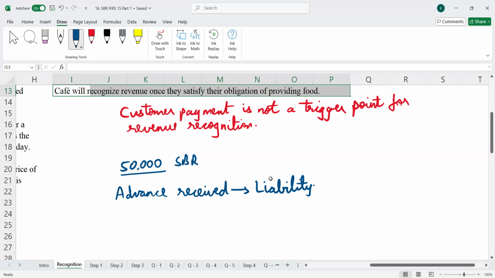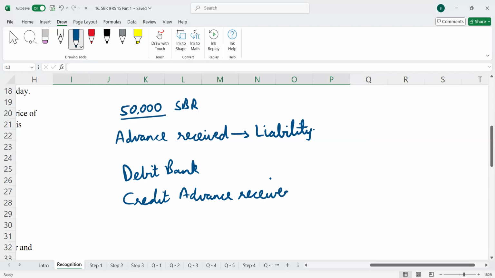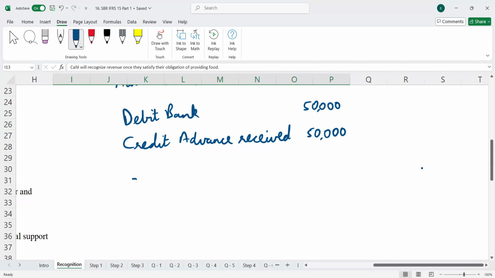When I am receiving any payment, the entry I will record is debit bank, credit advance received. This is the journal entry that I will record. Now, why advance? Because, see, you have received money. You are yet to provide services in relation to this. Now, let us say on 40% syllabus completion,